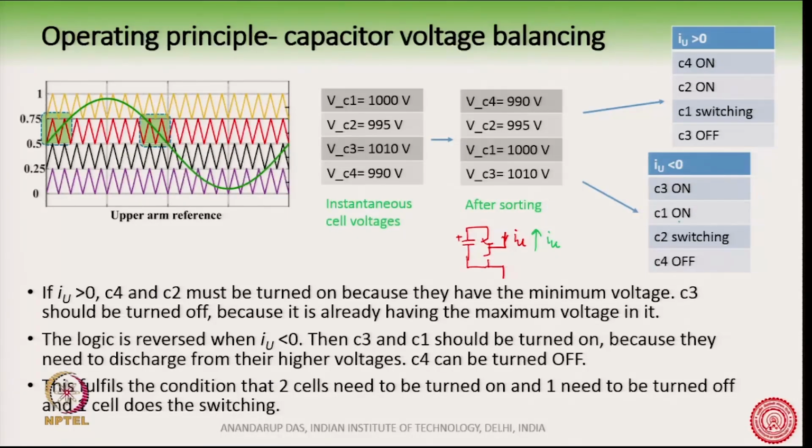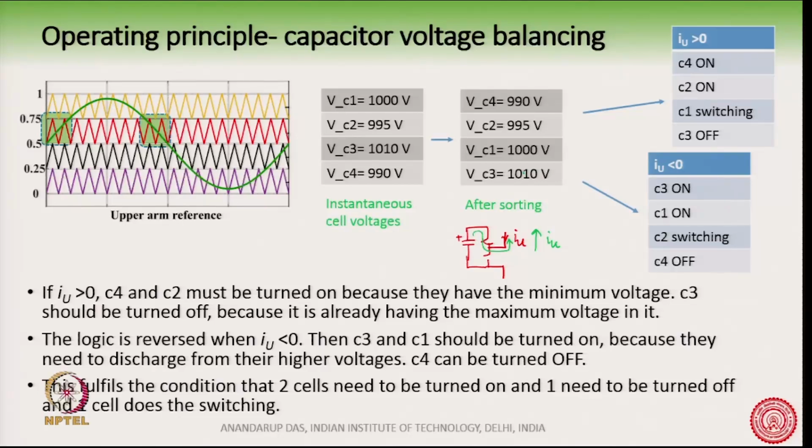Because with that I will be able to discharge both C1 and C3, because the current direction is this way. So, the current is going out like this, and the capacitor voltages will discharge. Therefore, C3 and C1 have to be turned on because we want to get